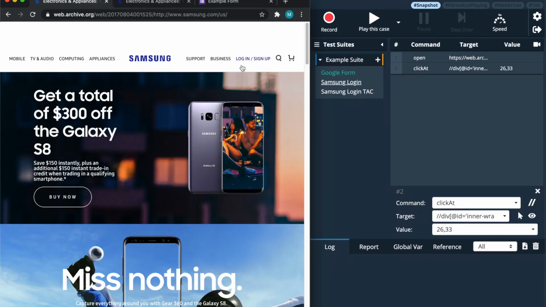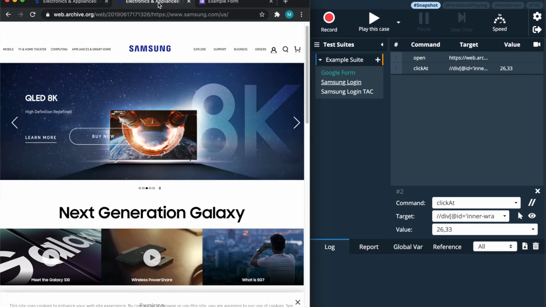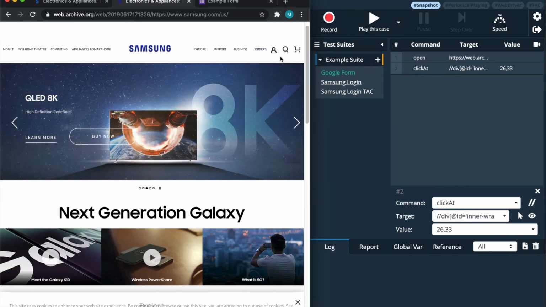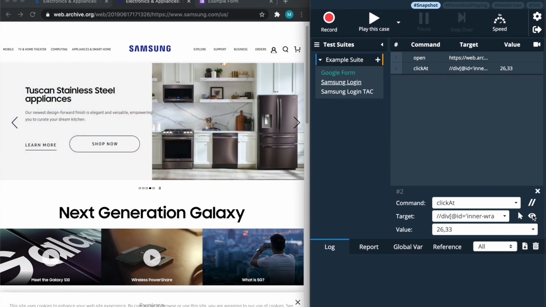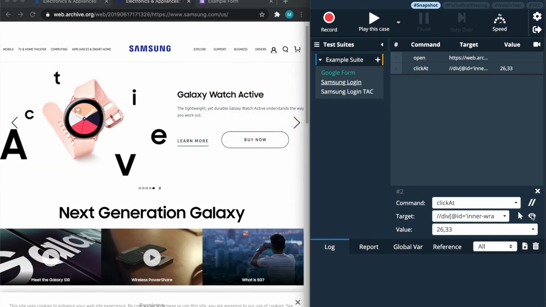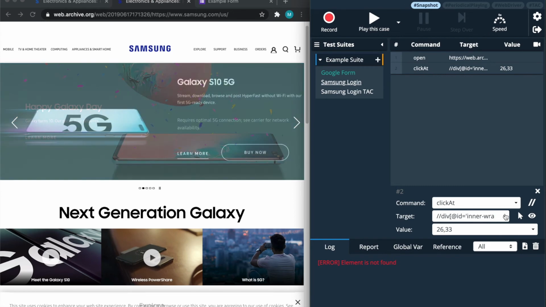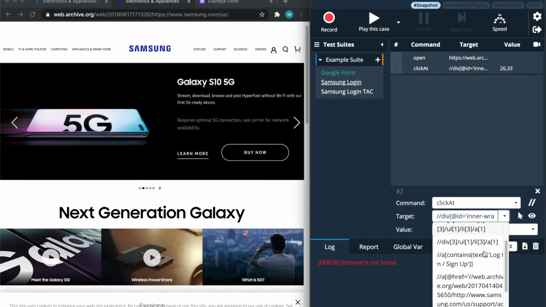Now, let's do an experiment on the Samsung website using these locators. First, I'll record a case of simply clicking on the login button of the 2017 website. Now, using the eyeball icon, I want to look at the target that has been identified in the new 2019 website. By default, the target uses XPath to identify the element. But since the Samsung website has updated its structure, the XPath is unable to identify the login button since the DOM tree has changed.